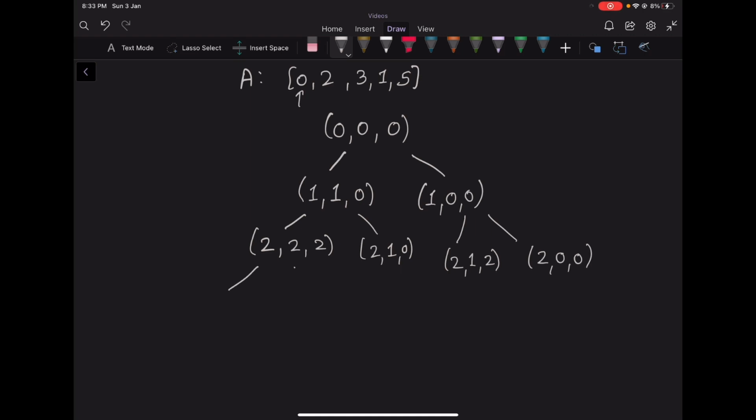So again, let's try to explore this. For the third element, we have 2 choices, either to take it or not take it. So we'll move to next index, third index. Now the total number of elements taken will be 3 if we take it, and the XOR will become 2 XOR 3. So 2 XOR 3 is 1. And if we don't take it, we'll move to third index with 2 elements taken and the XOR being 2. Similarly for this case, if we take it, we'll move to third index with 2 elements taken and XOR will be 0 XOR 3, which will be 3. And if we don't take it, 2, 1, 0.